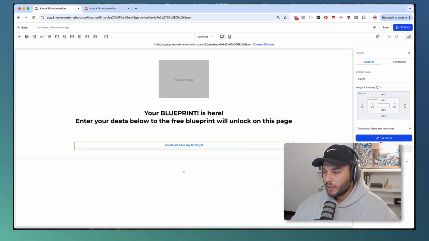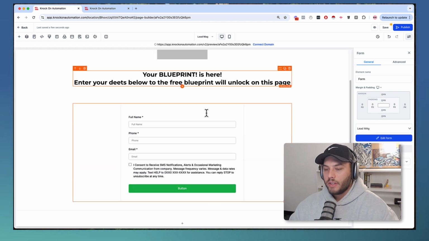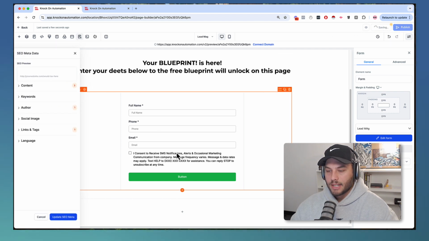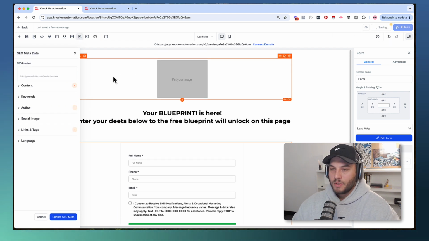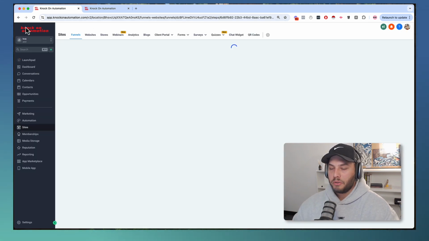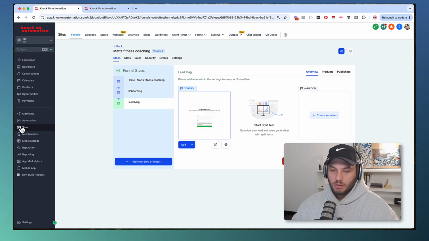And the way that I'm going to deliver this lead magnet, so it's come up and said lead magnet here. For this one, I'm going to do an email. So I'll show you the automation that needs to run to send this to the person. So we've got this here, whether it's like a PDF guide or if it's a Google sheet to track their macros or it's a free trial to your coaching, whatever it is. We need some kind of automation to run whatever happens next. So lead magnet here, we're going to go into automation